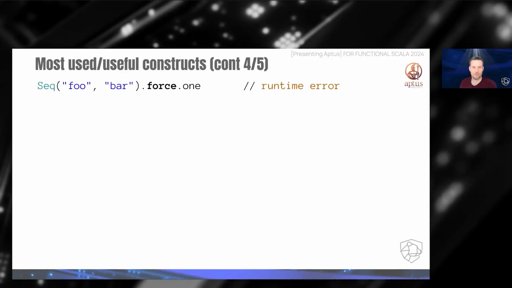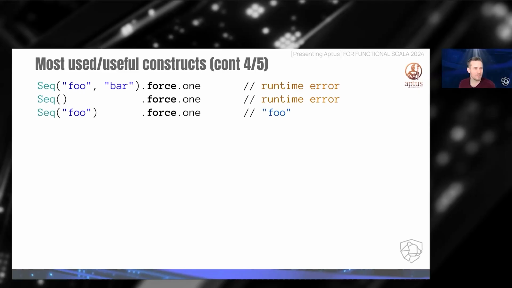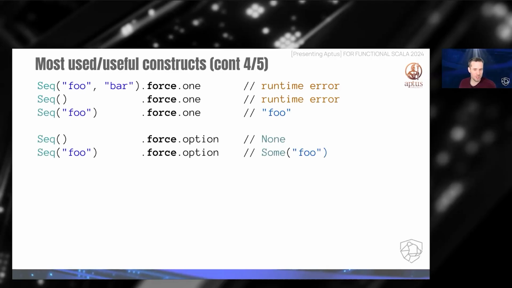Now, some of the forces that I've mentioned before. So the first two are obvious. Basically, if I'm expecting one value, then either empty or two or more will error out. This will give you a proper value. There's also a force option, which will work fine with either empty or one value and will obviously error out